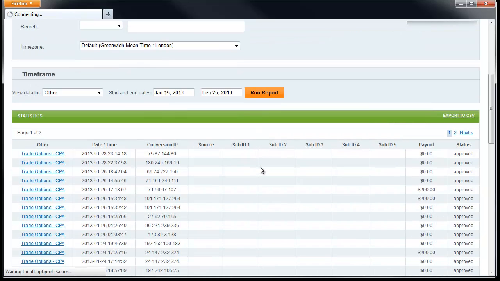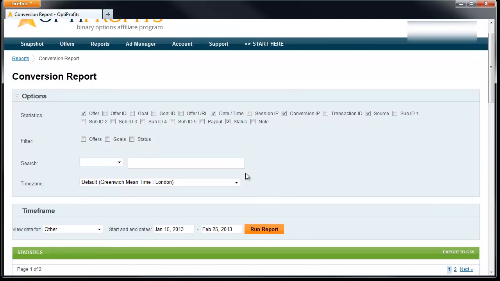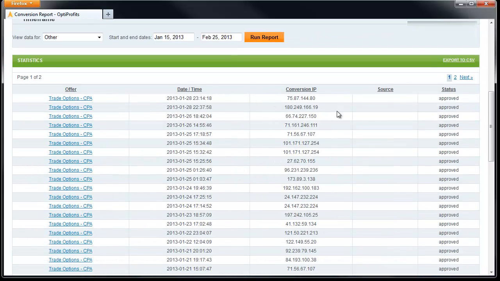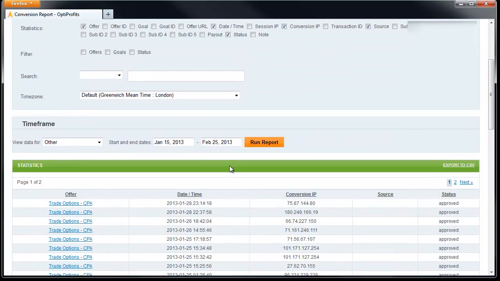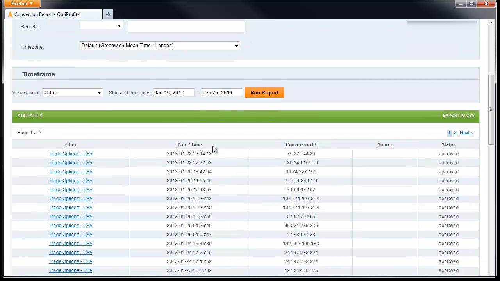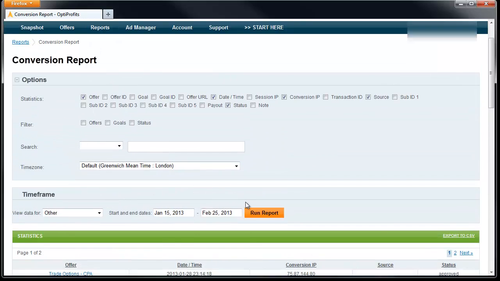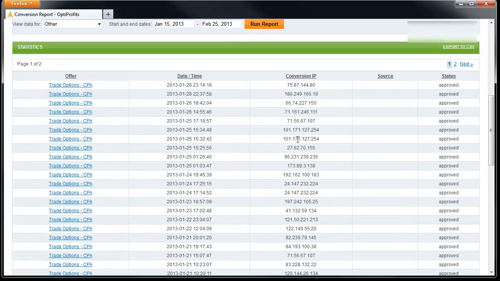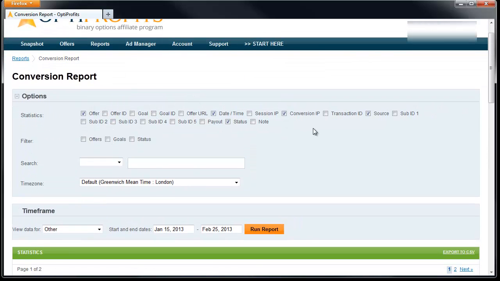And you run the report again and you'll see it much cleaner than before. You see? There are no more of all these columns. And if you want to see, for example, what the goal was, because as I said, this was definitely the lead and this was the sale. So what we'll do is